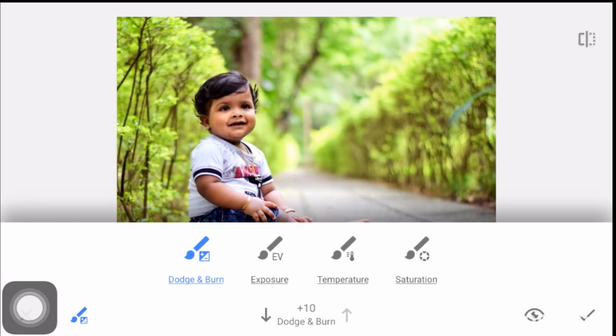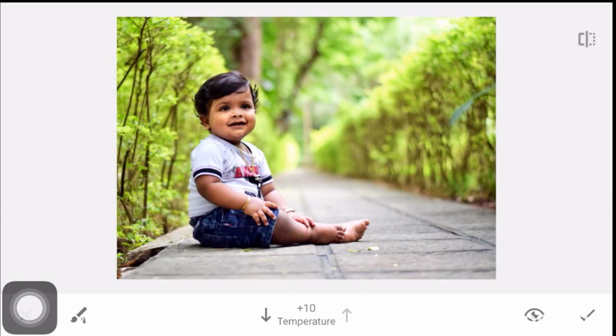In the brush tool I am going to select the temperature. This is the basic concept of temperature: if we increase the temperature of a particular region, it becomes yellowish, and in the same way, if you decrease the temperature, it becomes bluish. So here I am going to increase the temperature.